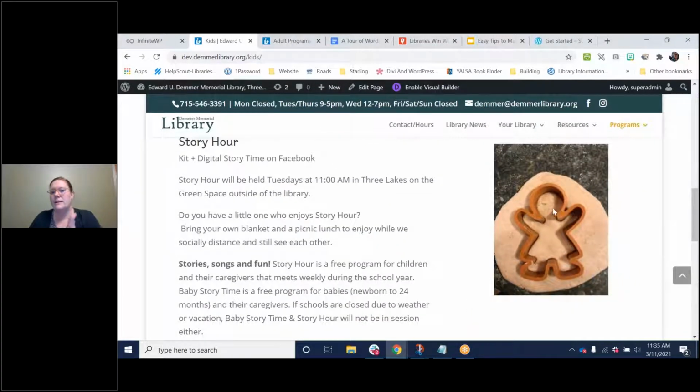Also, pretend this is an image. Okay, so here's this image here. When I hover over it, it says gingerbread dough. That's the alternative text working for you. If you have nothing there, a screen reader will not be able to communicate anything about that image to someone who's using a screen reader. The internet browser, Google, will not be able to read any image or information off of that image. So adding an alternative text to describe an image works for accessibility, design, and search engine optimization.